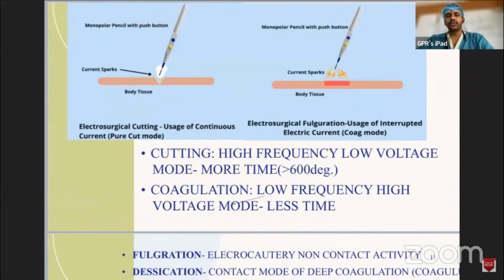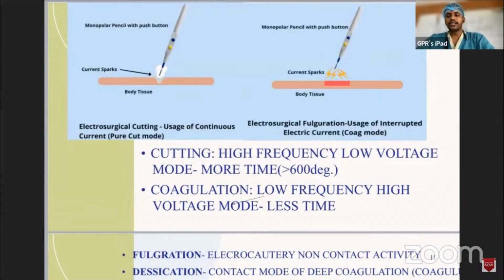In this scenario, it makes a precise cut, and we usually have a sharp tip to make the cutting happen. Whenever cutting is happening, it tends to produce as much as 600 degrees centigrade of thermal energy, and last but not least, more smoke is produced from cutting than from anything else.